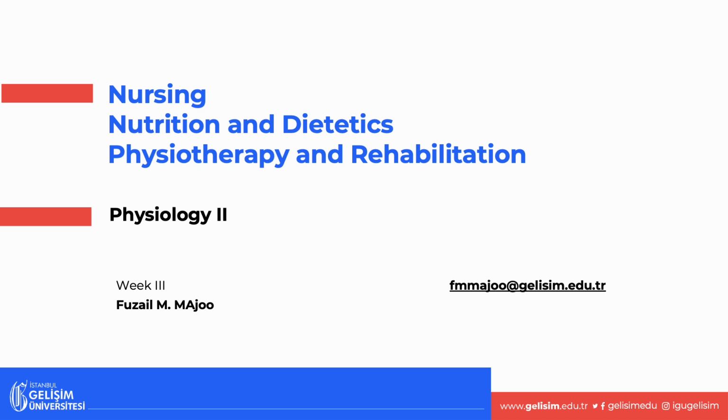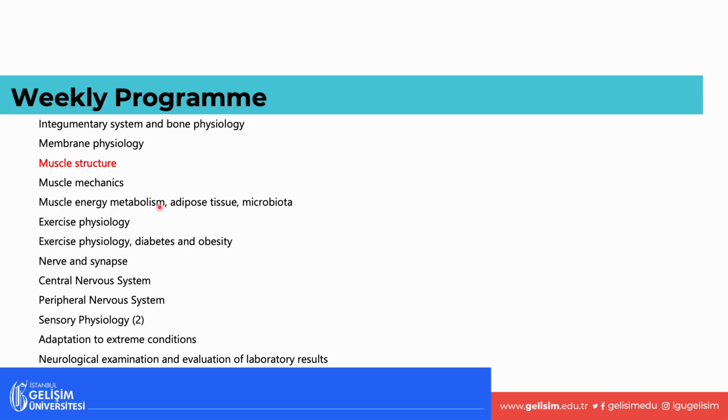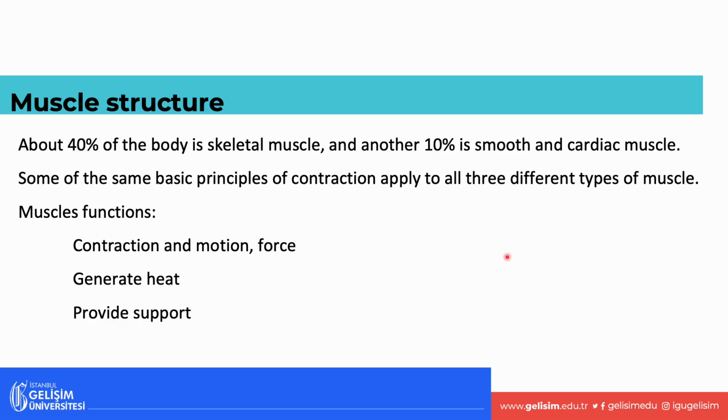Okay, so this is week 3 in physiology. This week we will be looking at muscle structure and muscle physiology. Looking at our body, 40% of it is made up of skeletal muscle, with another 10% that makes up